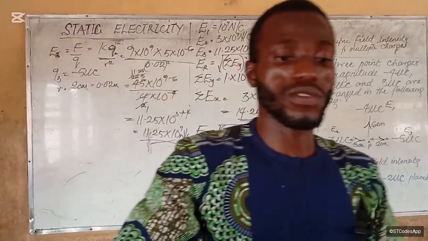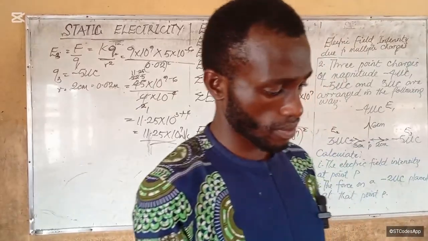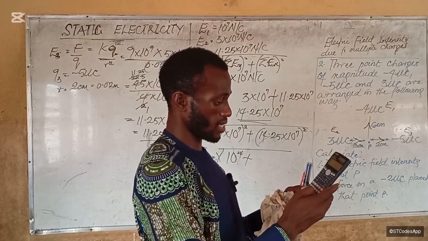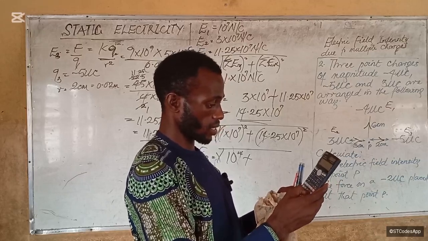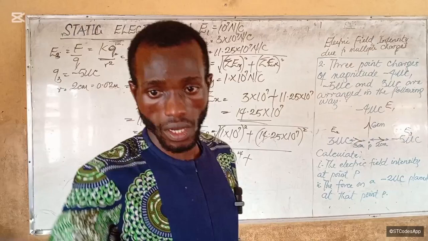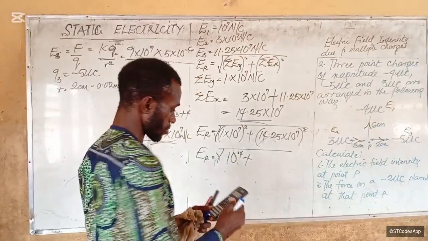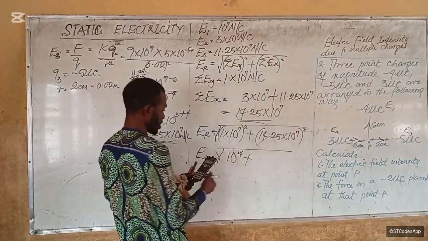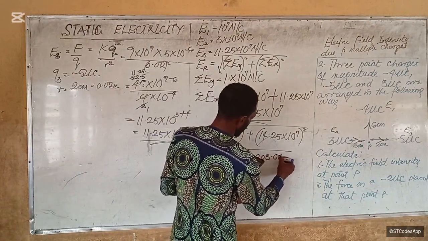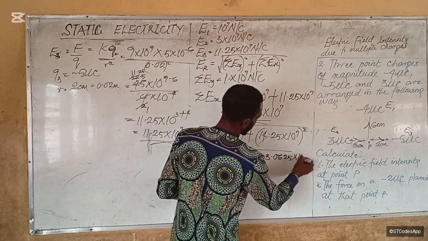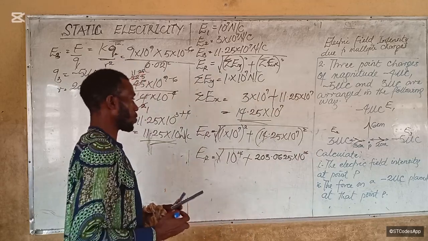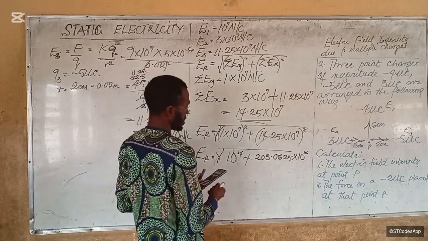Let's use our calculator for that. 14.25 squared. Okay, times 14.25. That gives us 203.0625. Then times 10 to the power 14. All right. So what we therefore have from here is that